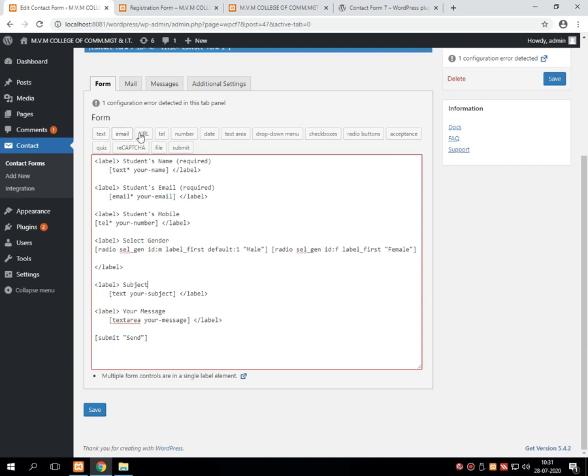Now here you will see so many things. We can add a text box. Student's name is a text box. Mail ID. You can add some URL for accepting the website address. Suppose we require this telephone for mobile number. Numbers, for example, suppose we want to enter the marks of any student, then that may be in the format of number. Suppose you want to add some date, then by selecting this you can add some date. This is for text area that we have already taken.